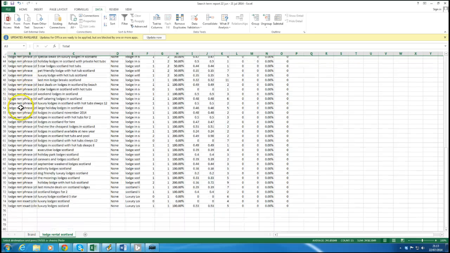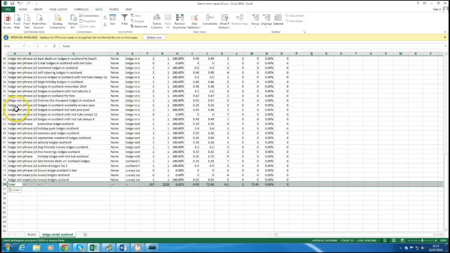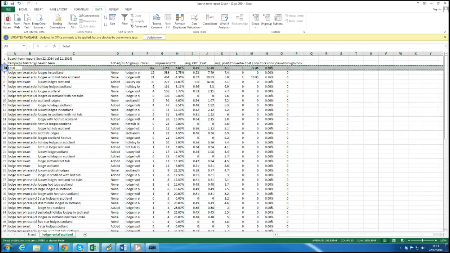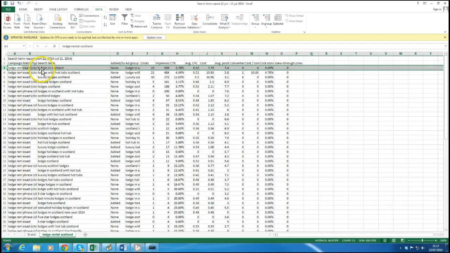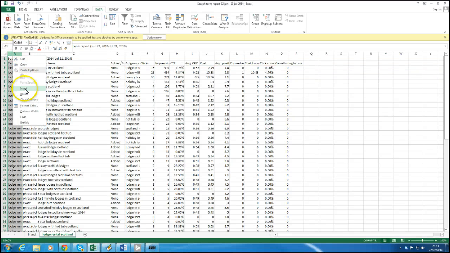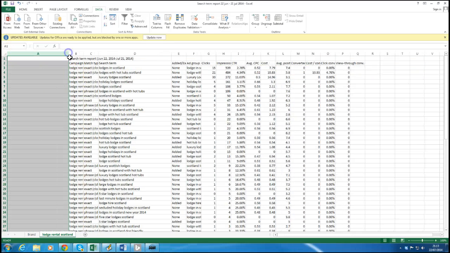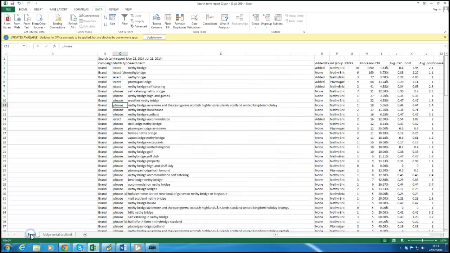I'm then going to do my housekeeping and take this total row down to the bottom, delete it here at the top, and then again insert a column A. So what we've got now is an Excel document set up with two different tabs, or two different spreadsheets at the bottom here, which represent two of the campaigns within our account,